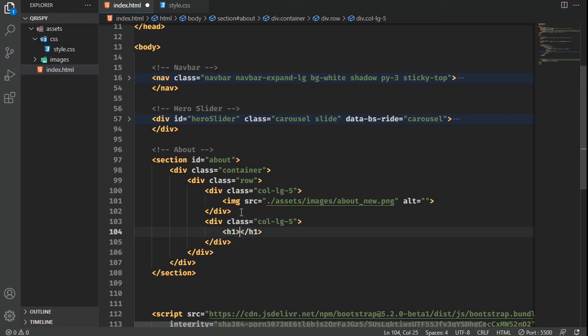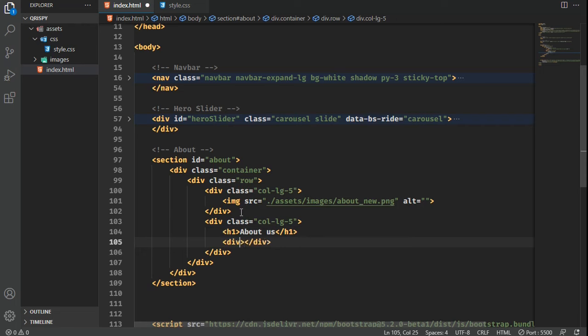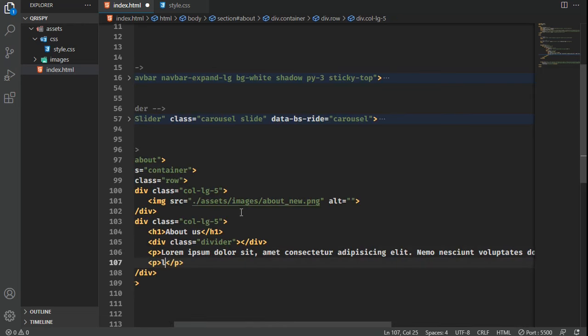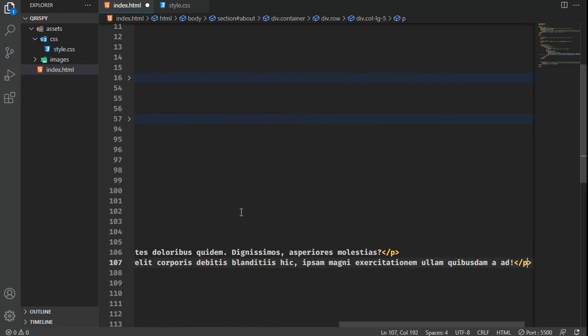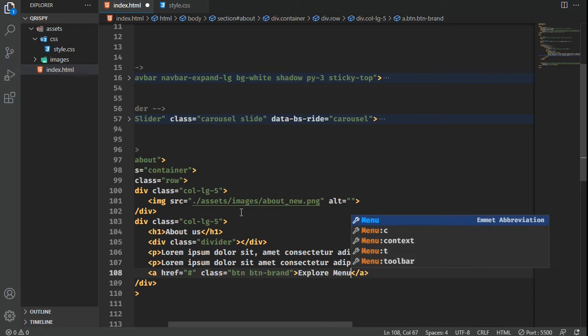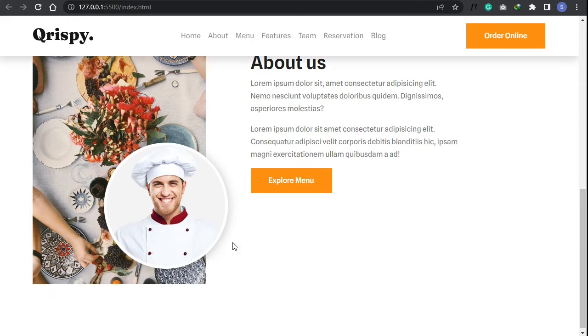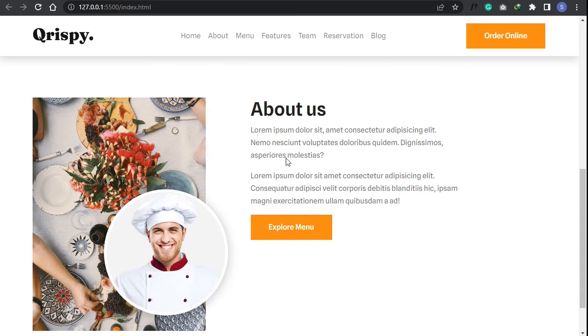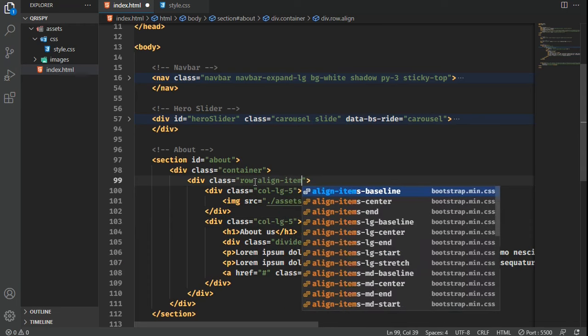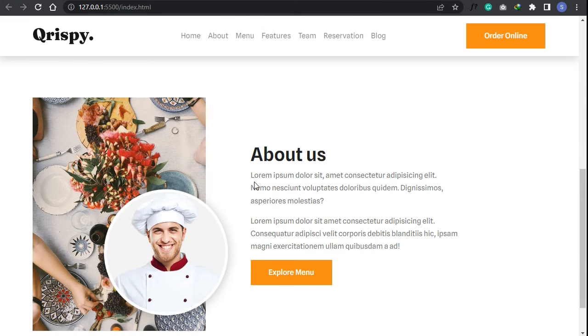This will be for the content, so I'm going to put a heading. So I'm going to type about this, and here I'm going to put a divider, and I'm going to put some text. Say 16, 22, and I'm going to put a button here. So I'm going to give a class button brand, explore menu. Okay, so I want this text and this to be in the center. So I'm going to select this row class, align item center. Okay, so as you can see, this is now in the center of the screen,